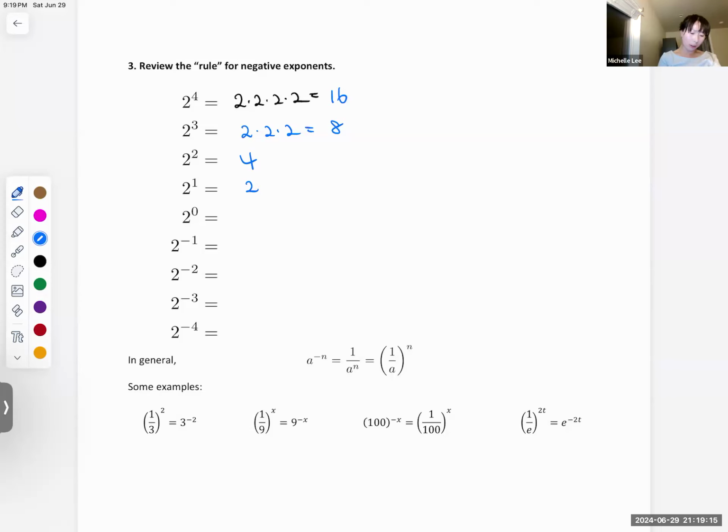Any 0 power, we get 1. 2 to the negative 1, which is 1 half. 2 to the negative 2, which is 1 over 2 squared, which is 1 over 4. 2 to the negative third power, which is 1 over 2 to the third power, that is 1 over 8. 2 to the negative fourth power, which is 1 over 2 to the fourth power, which is 1 over 16. So in general, we have